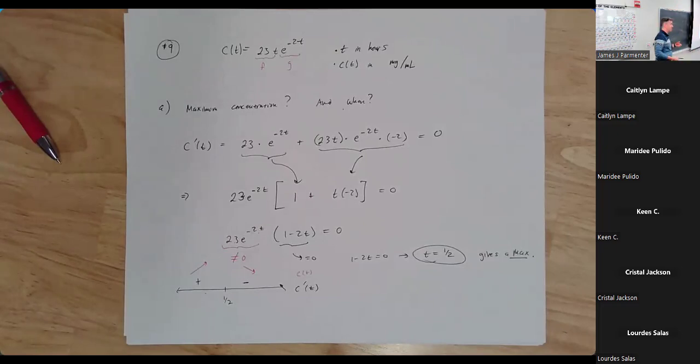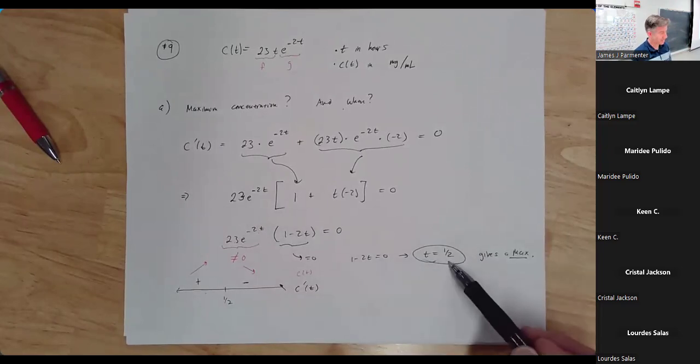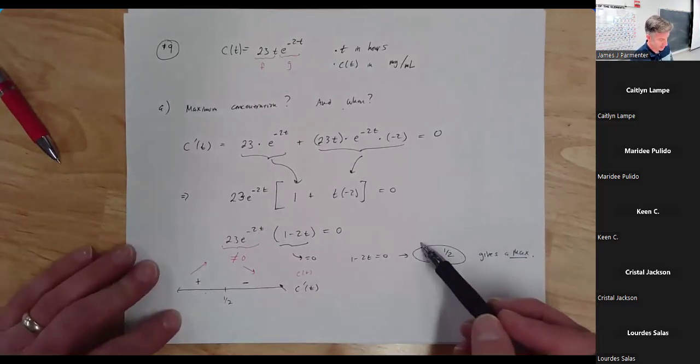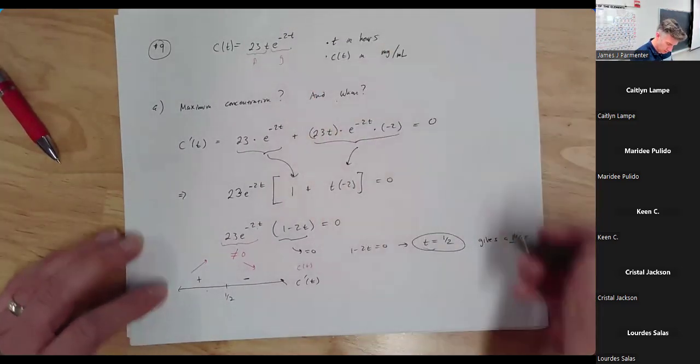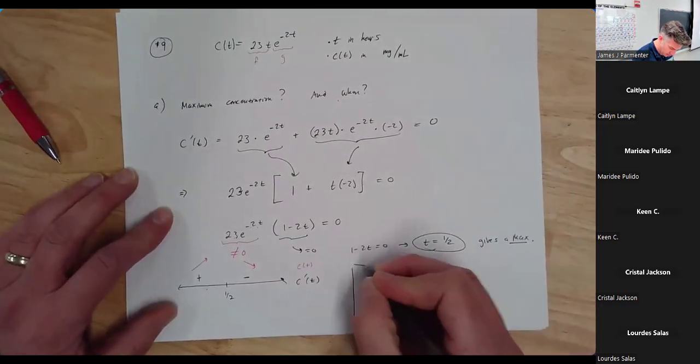So yes, it's an absolute max. What is the absolute maximum? Or how would I find it? I take my critical point that gives us a maximum and plug it back into the original function. So the actual maximum value